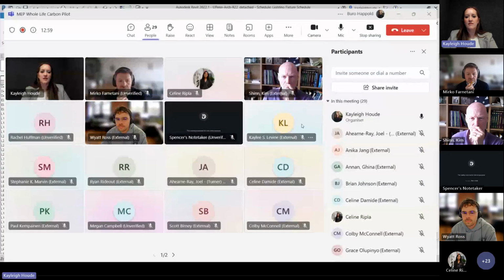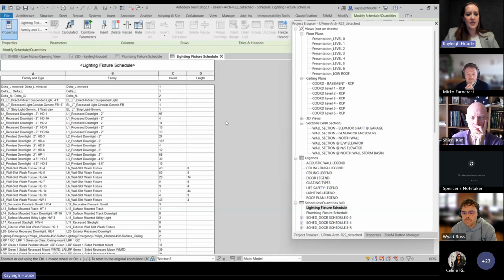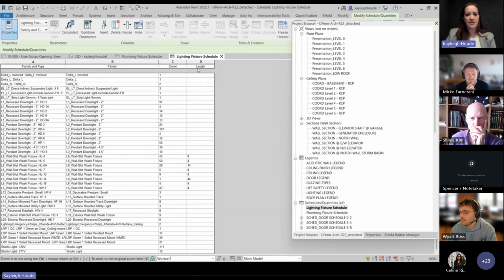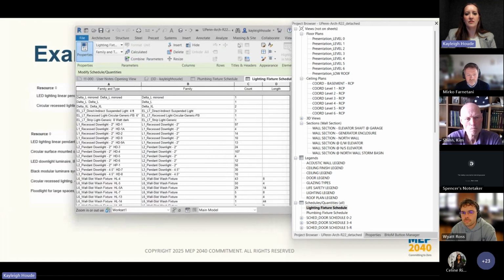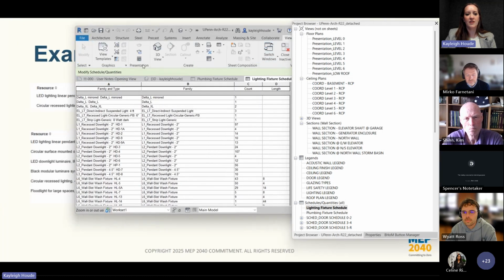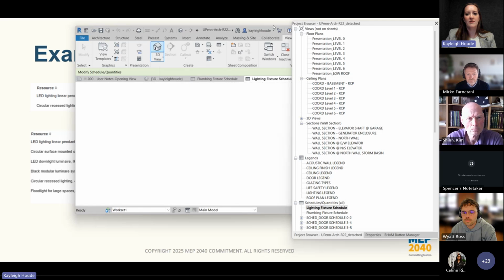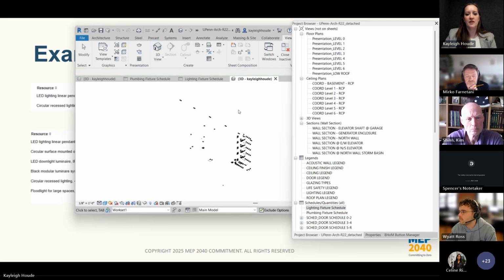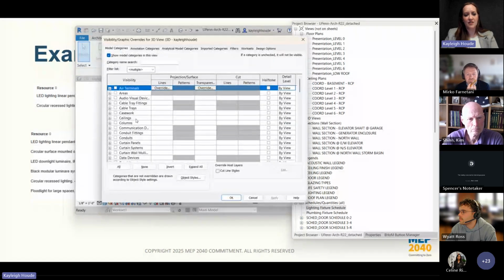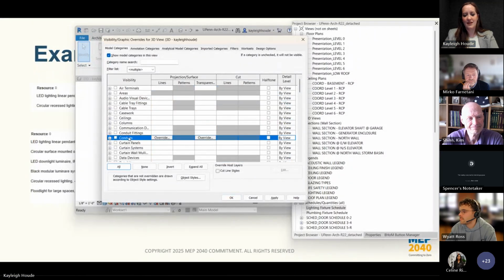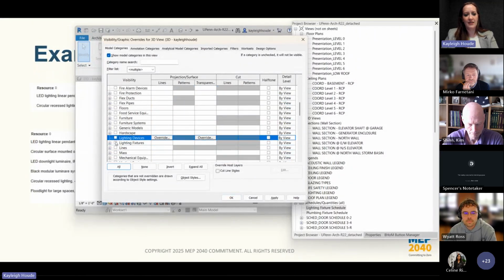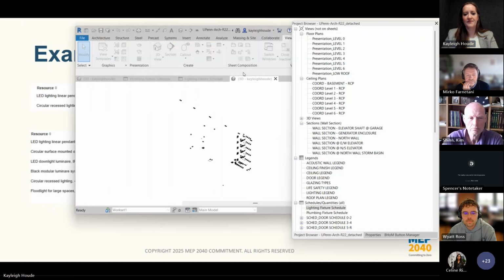I'm going to share what that lighting schedule looks like with all of you. All right. So on this project, I created a light fixture schedule after looking at the lights in 3D. So let me also do that for you. So if everyone doesn't remember, you go to view and then 3D view. And then those are plumbing fixtures. I'm skipping ahead here. You want to do all. And then light fixtures here.